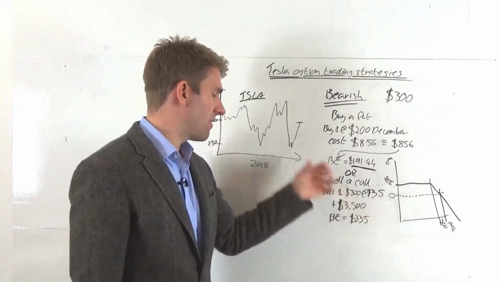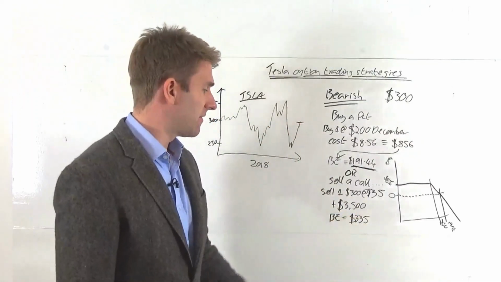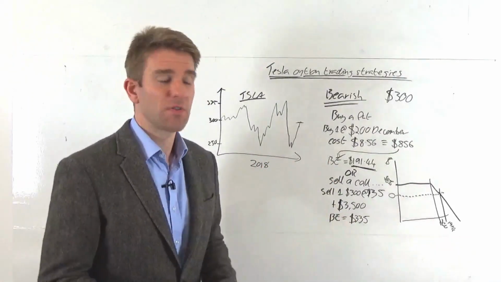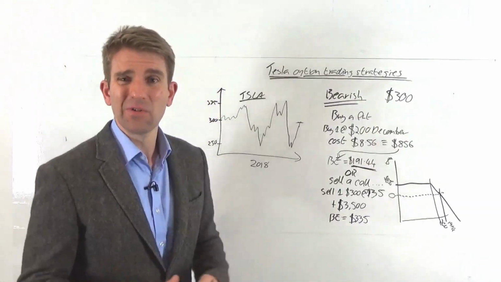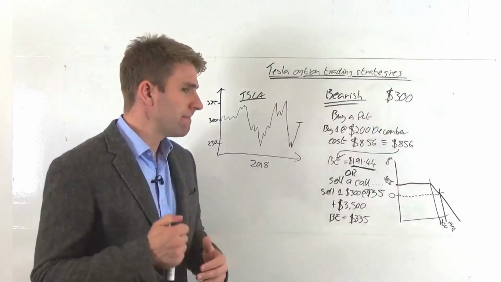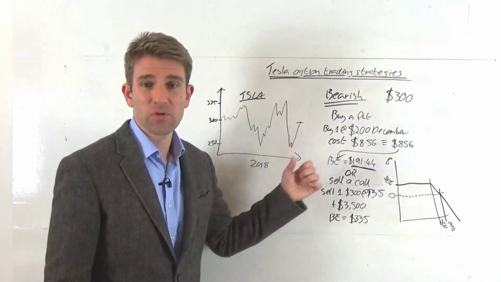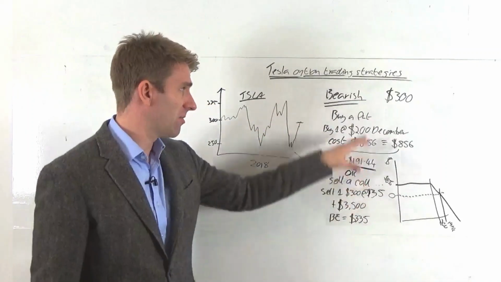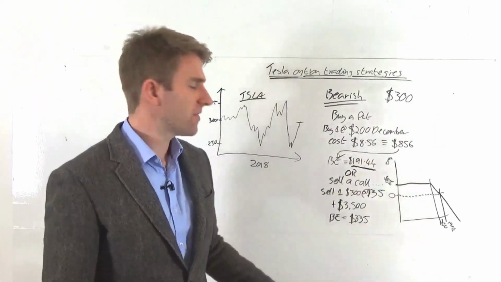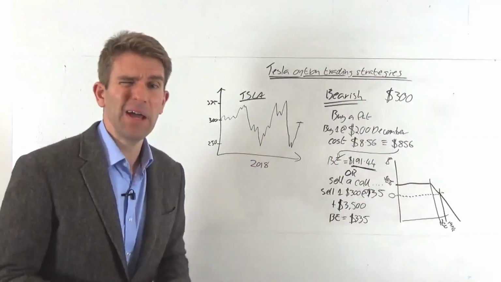So the best case scenario for you is that the price goes anywhere between 335 and zero, basically. If it goes down to zero, fine, the call option's worthless. At 335, you're okay, you've broken even, but anything below 300, you've made that full maximum profit. So that looks quite tempting, but the trouble is being quite close to the strike price, or being actually at the money, right on the current price, which is 300, that's the most premium it's going to be. Anything else after that is going to have intrinsic value in it, or anything further away is going to be less. So you could try and be clever and say, well, I'm bearish on Tesla,